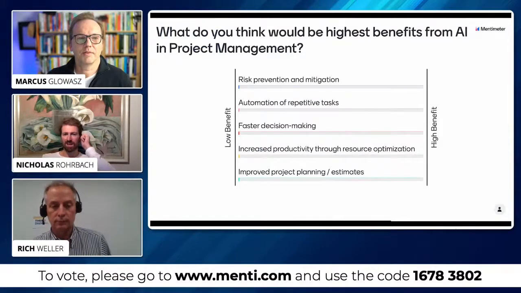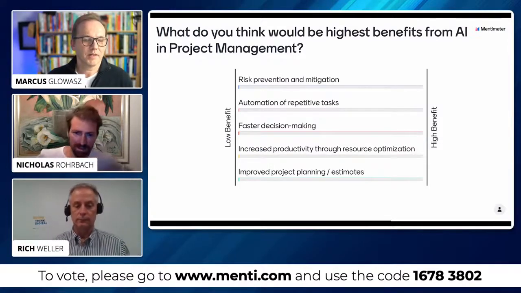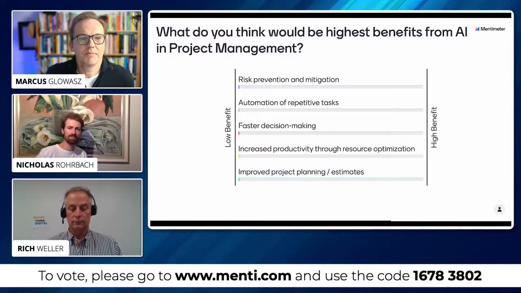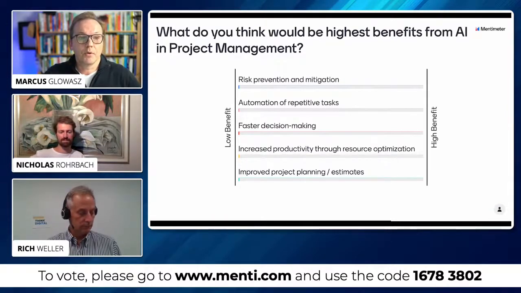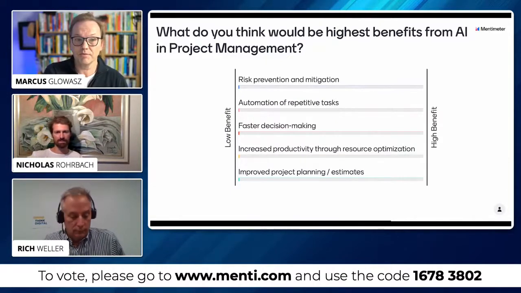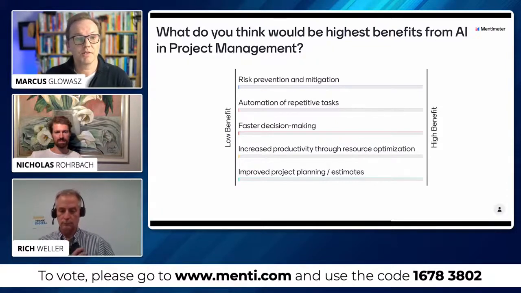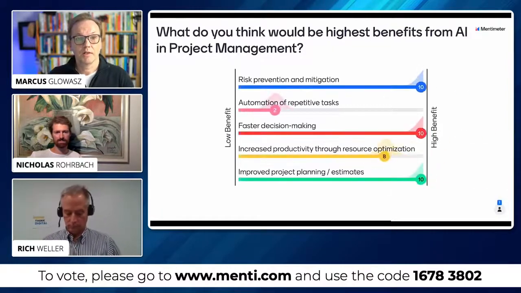Maybe when talking about the benefits, right? Maybe we can also have that question to the audience, right? So you highlighted already a few items, right? But maybe the audience also has a view on what actually would provide the most benefit, or the highest benefit, basically, from AI in project management, or where would we rather get lower benefit, right? Obviously, there is a mix of things, right? So to the audience, if you could navigate again to menti.com, or switch back to your previous screen on menti.com,